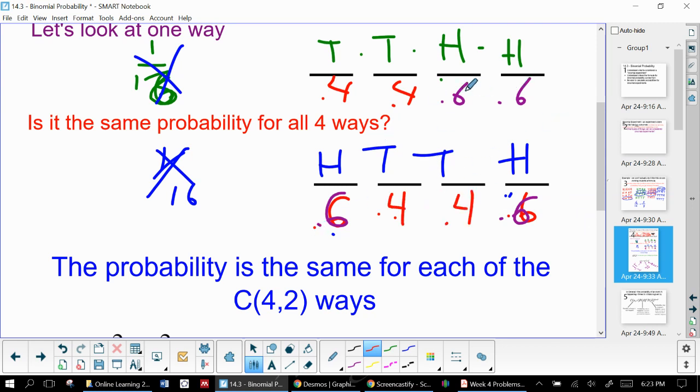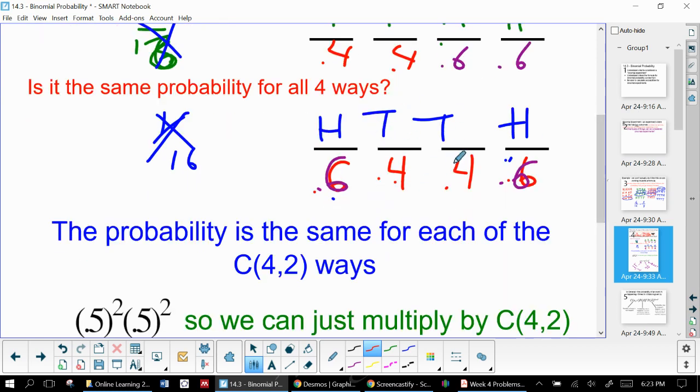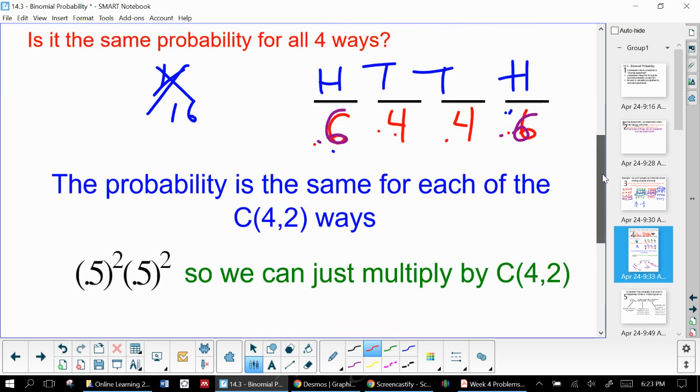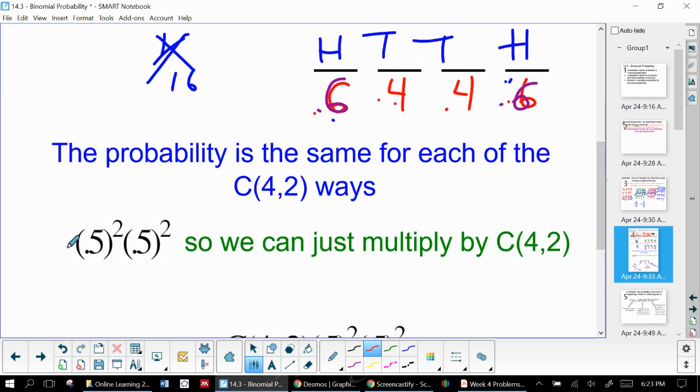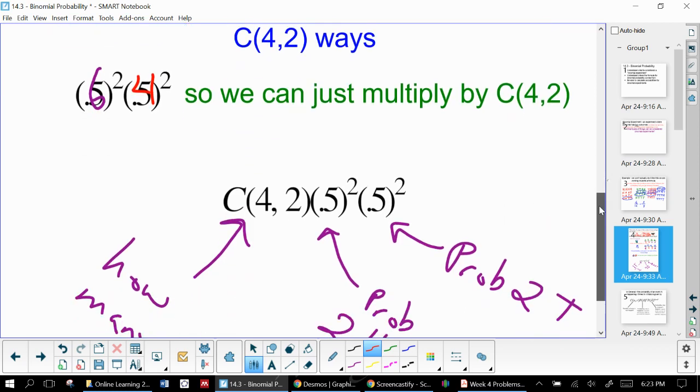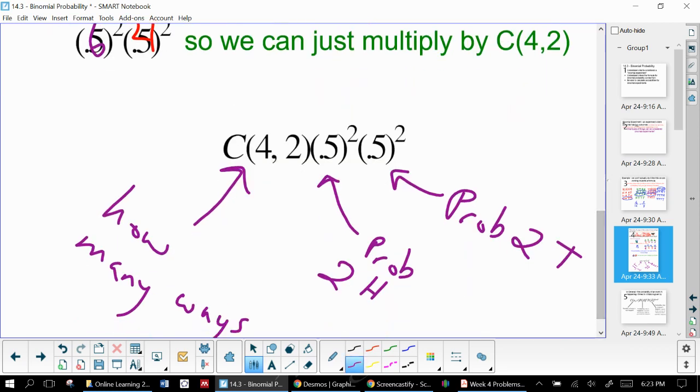There's still 2 0.6s because a heads is going to be 60% chance, and there's still 2 0.4s because the tails are 40% chance. And so what that would change here, there's 2 0.6s and 2 0.4s, but there's still 6 different ways that can happen. And so the only thing that changes in this formula is that for this one, we get a 0.6, and this one we get a 0.4. And now we can calculate the same probability with a cheating coin, or an unfair coin, I guess is the